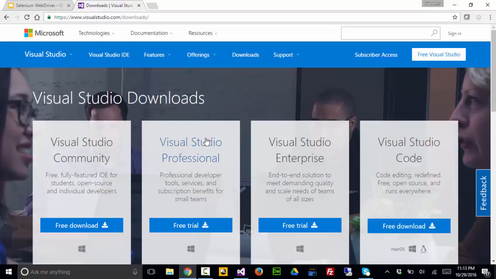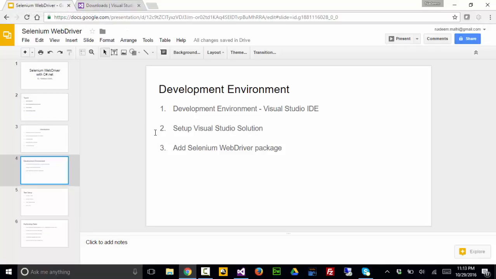There are other versions also, like Visual Studio Professional, Visual Studio Enterprise, Visual Studio Code. You can get free trial versions of Enterprise and Professional, but after, I think, 30 days it will expire, and you have to pay for it if you want to continue to use it. All right, so